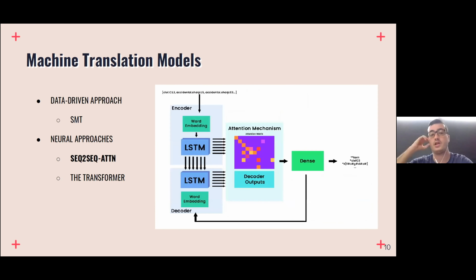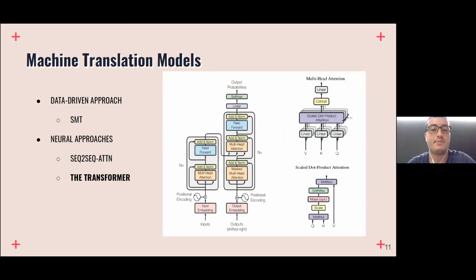Then we've got the neural-based approaches, which are the sequence-to-sequence with attention mechanism translation system, a system that, with an attention mechanism, gets a context vector from the encoder and tries to get the most relevant parts of that representation within a decoder to predict the most probable token given the previous prediction. And its natural evolution, the transformer model, which is currently the state of the art in the machine translation area.